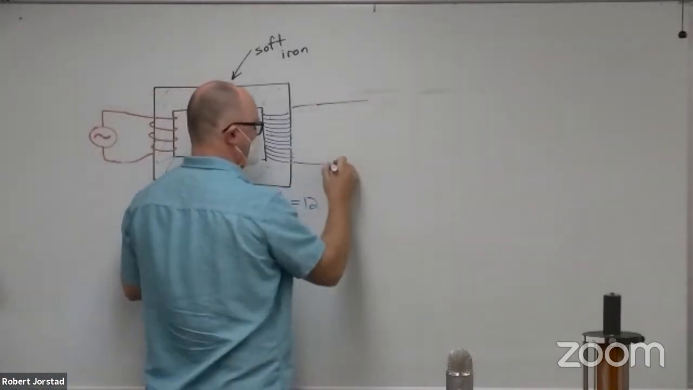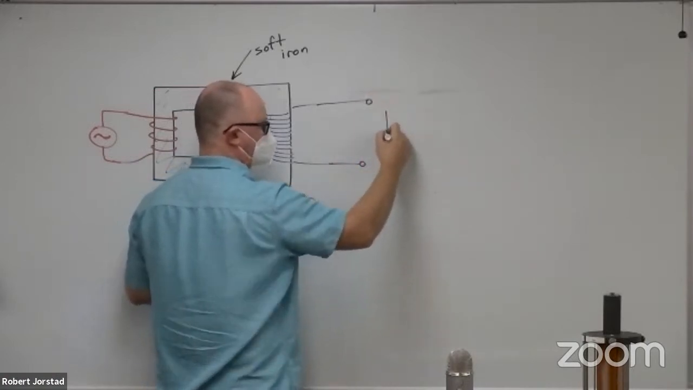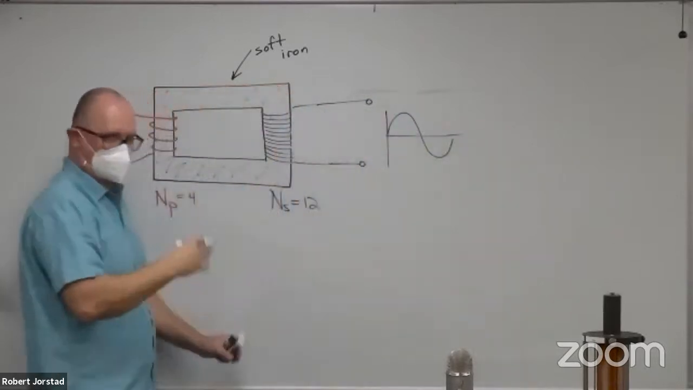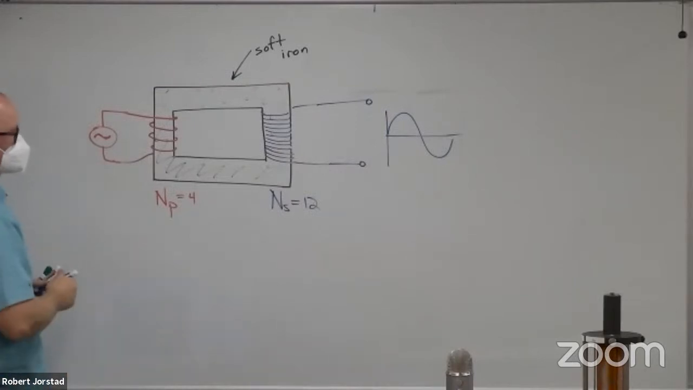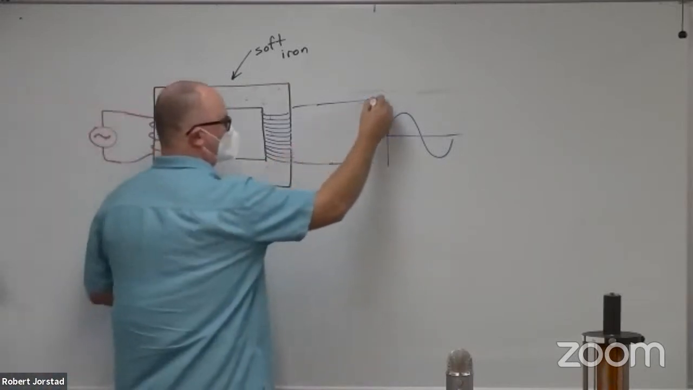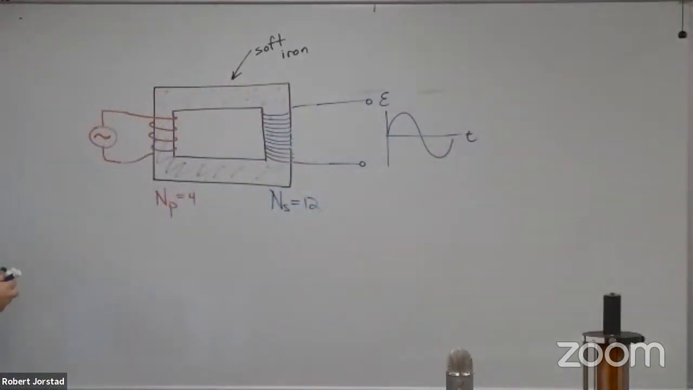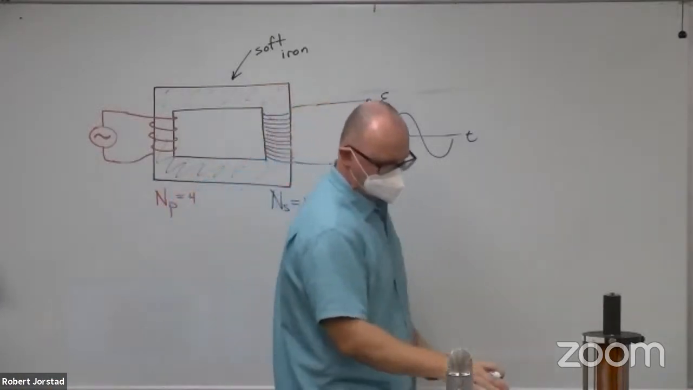But the idea is the output over here should be an AC output. And let's ignore the starting of the sine wave, whether it's positive or negative. Let's forget about that. So the idea is we're going to get a voltage, an induced EMF versus time, that looks like this. Now, the claim is, and let me get this written here,